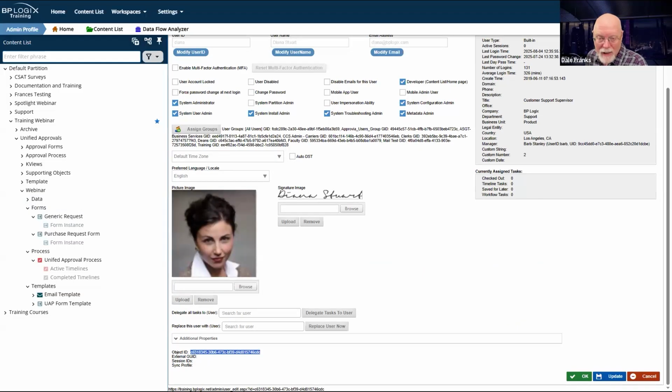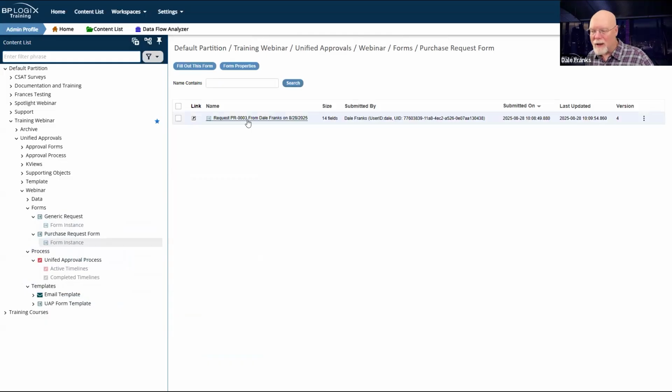That's how tasks get assigned. They get assigned by your user object ID, what we call the user ID or the user UID. So this is Diana's unique identity in the system. If I wanted to assign something this way, I have to grab this GUID out of their user account. Then I could go back to their form instance and do the stuff that I needed to do.